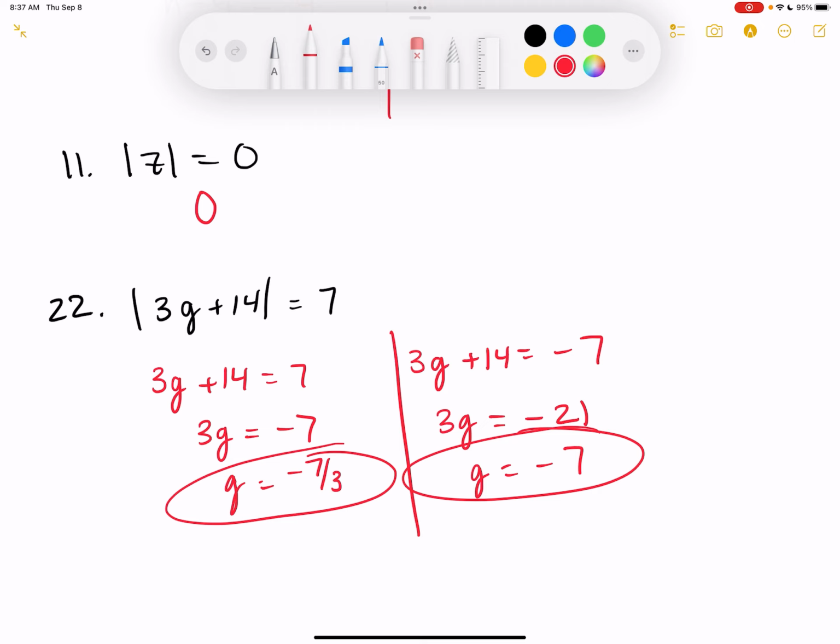Do y'all feel like you need to see another one of this type, or are we okay? Okay. So,